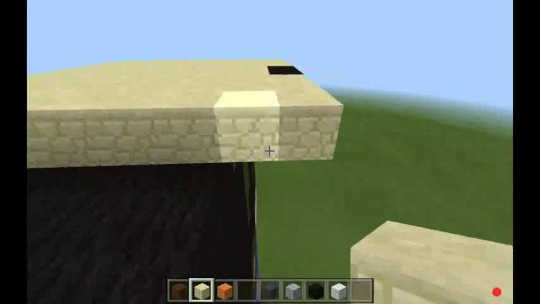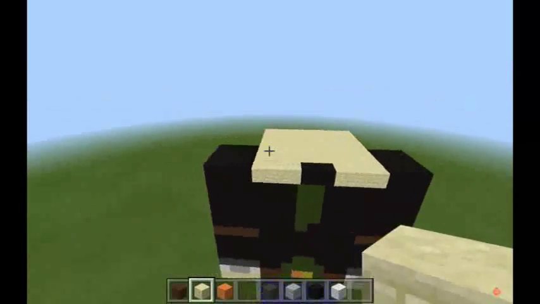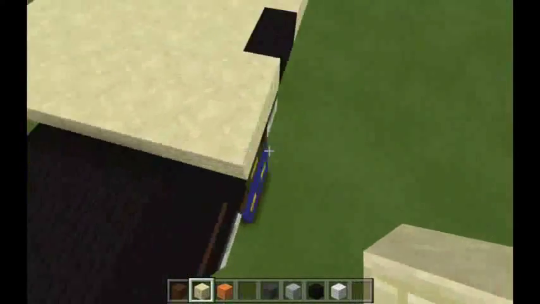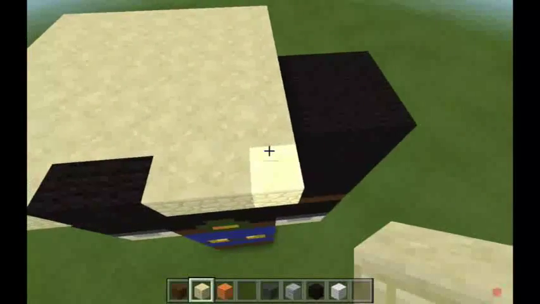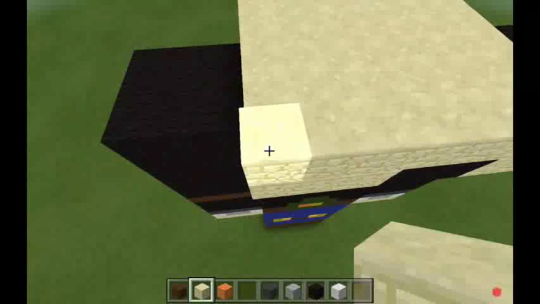Okay, so it overhangs by 2 on the front and the back. So this is what it should look like now. And now the place where it overhangs by 2, you want to place where the mouth is. You want to place 1 row of sandstone on top of that row. And now what you want to do is from left to right, you want to place 1 sandstone,